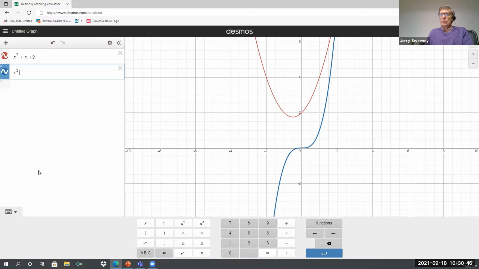And the root, okay, is x equal to 0. It crosses the x-axis at 0. So y is equal to 0 when x is equal to 0. I would really encourage you to experiment. What we've done now is we now have